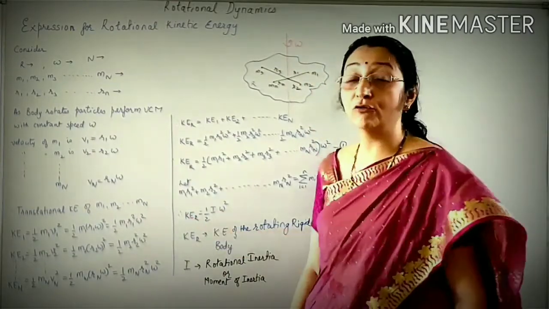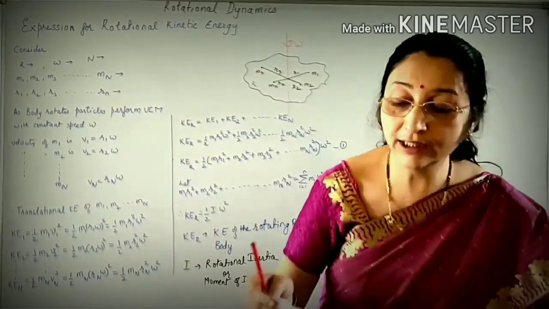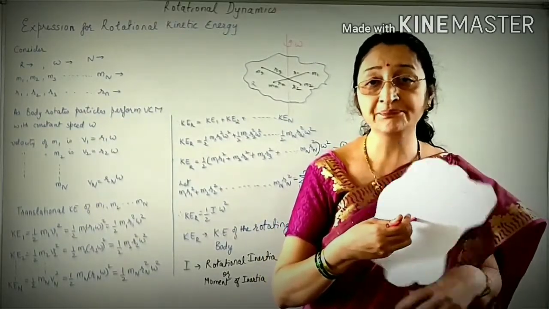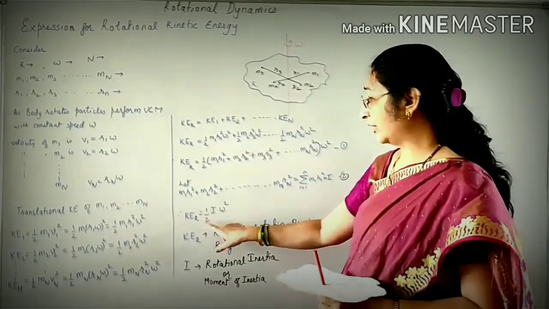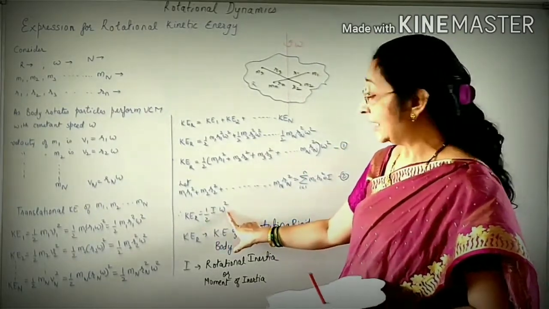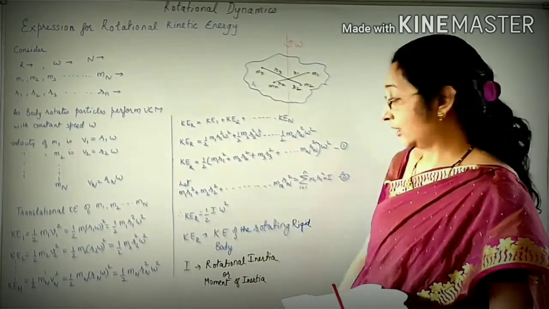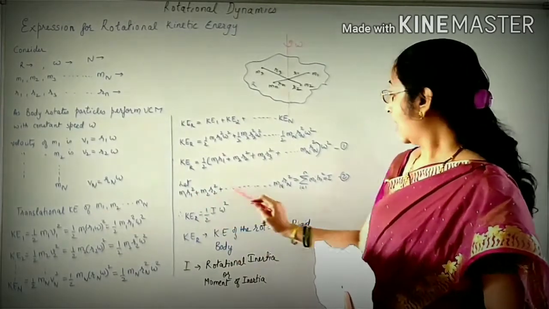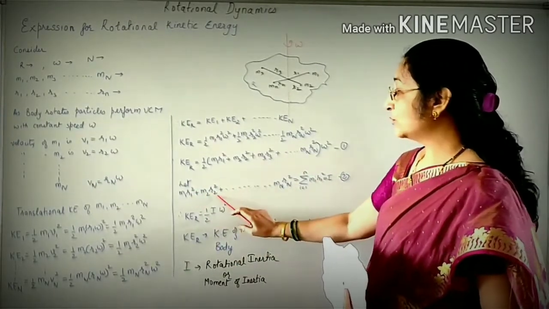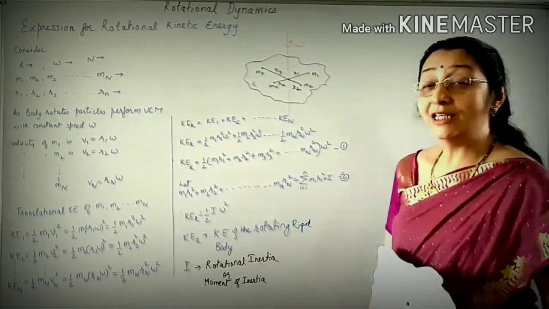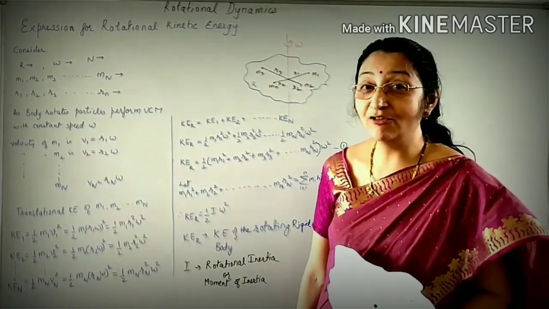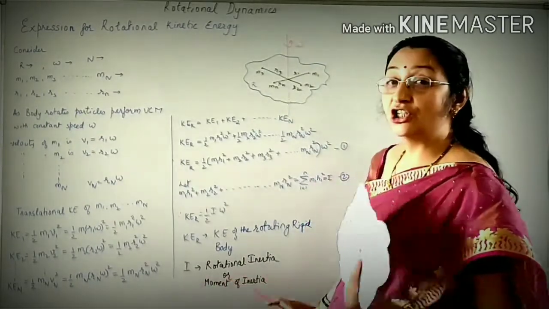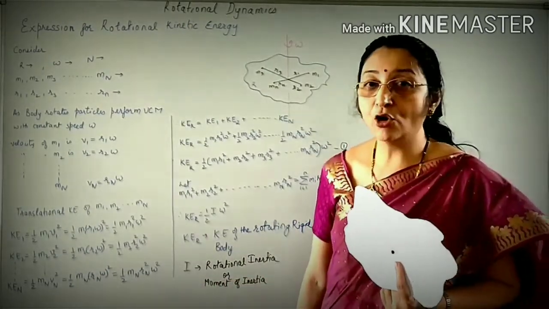So the kinetic energy of the rotational motion of this rigid body, when it is rotating in this way, is half I omega square. But what is I? This I we have considered as m1 r1 square plus m2 r2 square up to mn rn square. So this I has some particular significance, and it is called the rotational inertia of the body or the moment of inertia of